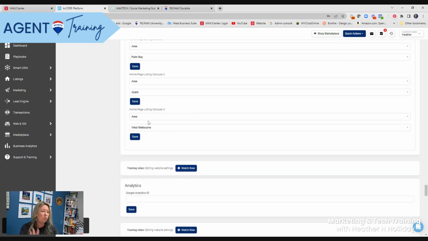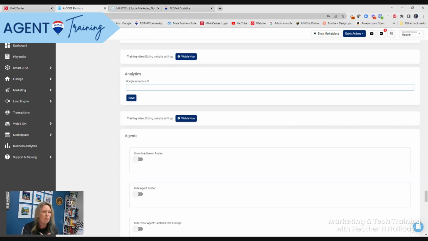So you can choose whichever one you want, or you can turn them off if you don't want them. Make sure to go in and add your Google Analytics. Super easy, but it will track everything on your site. Even if you don't have any idea what that is, go set it up. It's free. Track all, put in the ID, click save, and maybe one day you'll go in there and you're